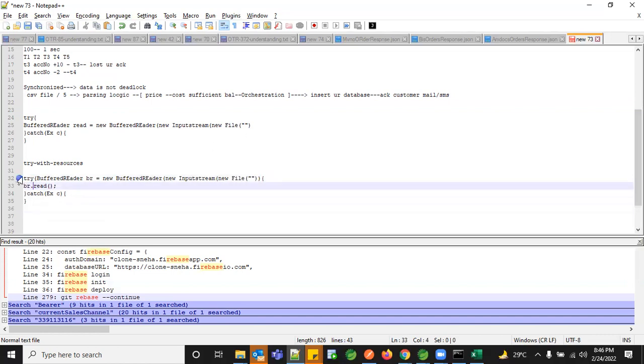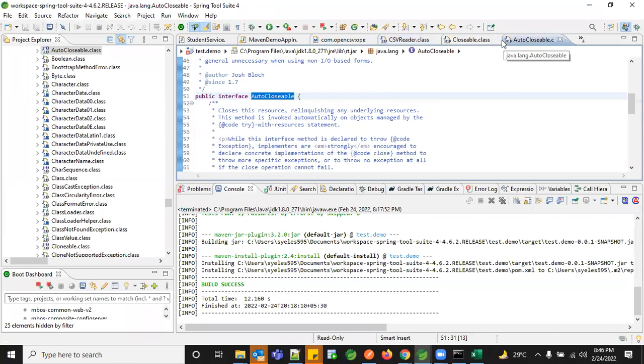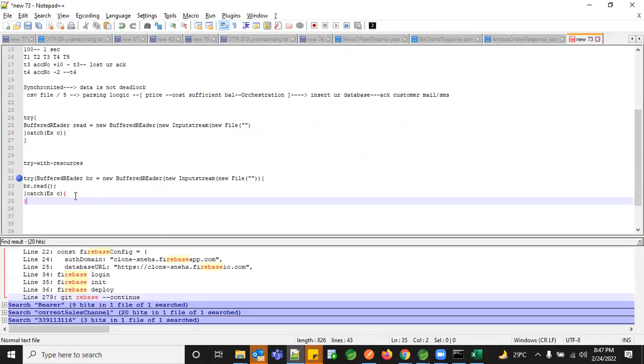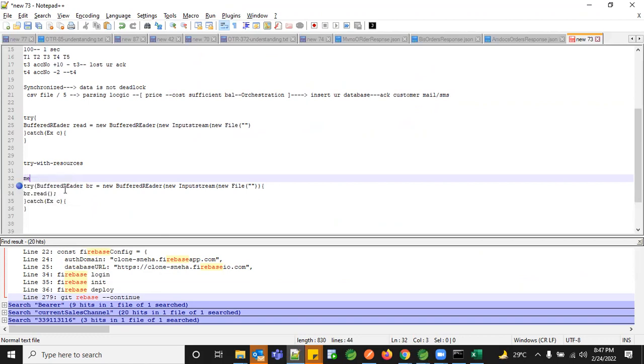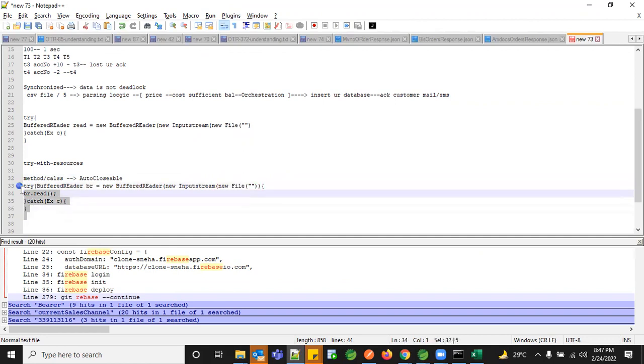This try line will take care of that, where you're actually implementing this interface called AutoCloseable. Whenever you use AutoCloseable or the Closeable interface, internally this close method will be taken care of for all your IO resources. The only thing you have to do, wherever you write this piece of code, is use this AutoCloseable in that method or that class. So basically into that class, we implement this particular AutoCloseable interface and just write the code in this try with parameters, and the rest all remains the same.